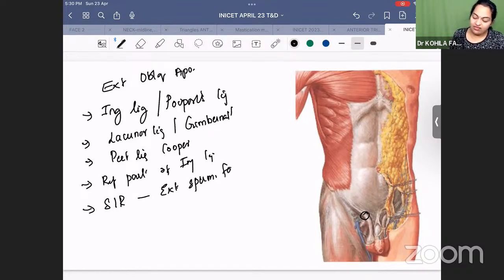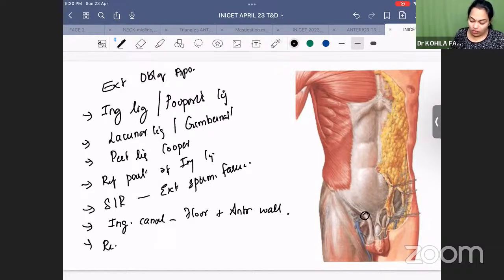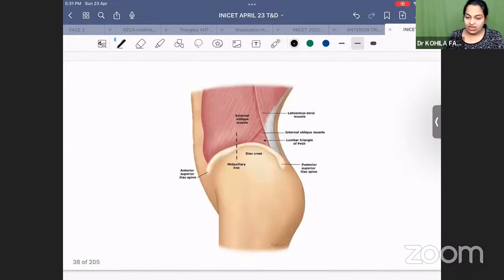External spermatic fascia, right? And then what is its contribution to the inguinal canal, external oblique aponeurosis? It forms the floor plus the anterior wall, right? And what is its contribution to the rectus sheath? It forms the anterior wall of the rectus sheath. Now, what is this lumbar triangle of Petit? Okay. So this is the lumbar triangle of Petit, bounded anteriorly by the external oblique, posteriorly by the latissimus dorsi, and the base is formed by the iliac crest, and in the floor you have the internal oblique